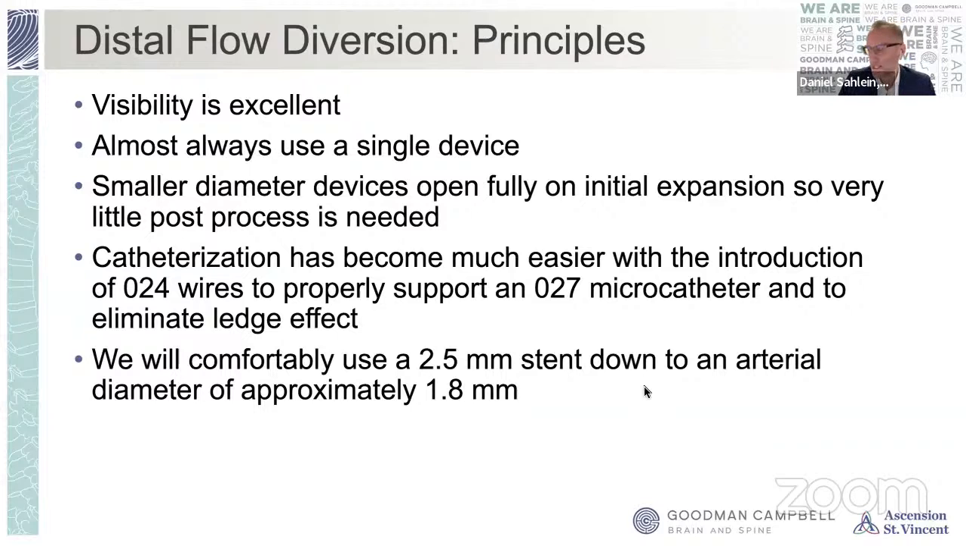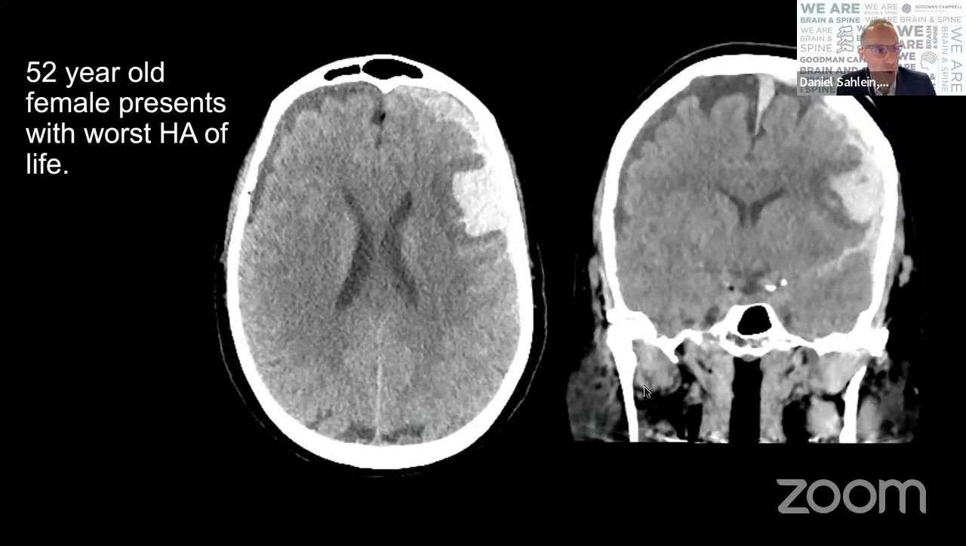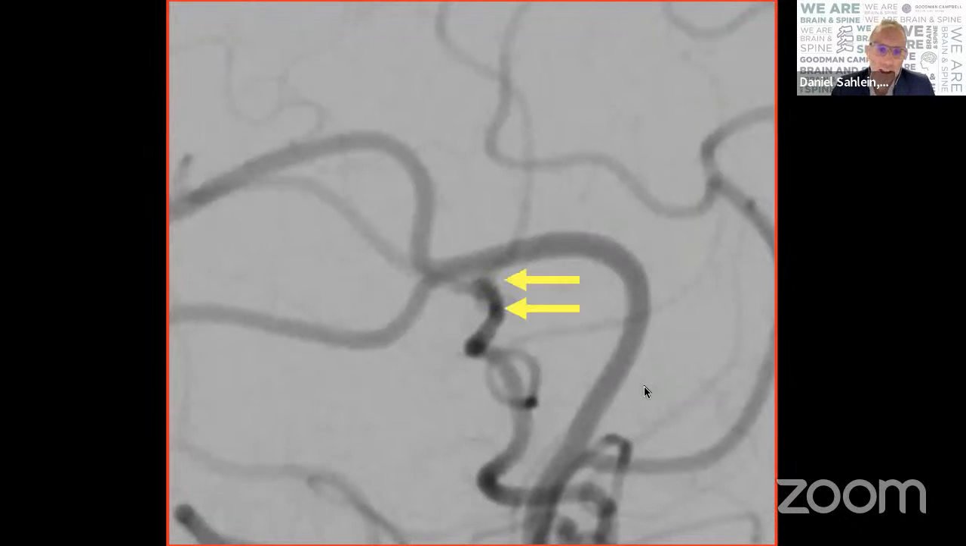So as the first case here, a distal case, we had a 52-year-old who presents with worst headache of life, who is found to have this intraparenchymal, subarachnoid, subdural hemorrhage. And in exploring the etiology of the source of hemorrhage here on a lateral ICA injection, you'll notice if we